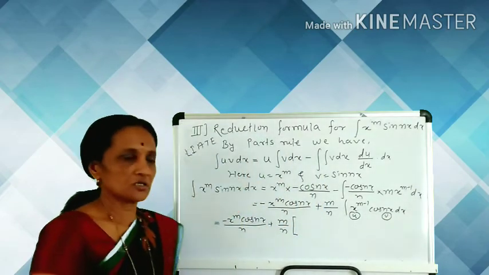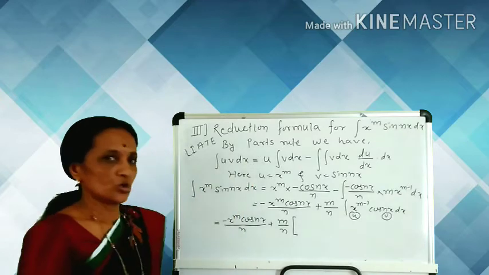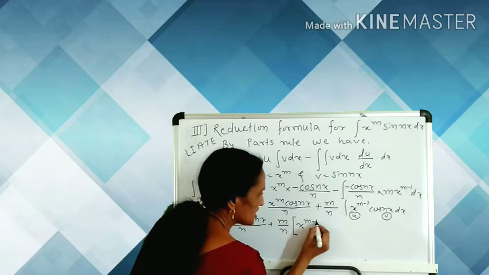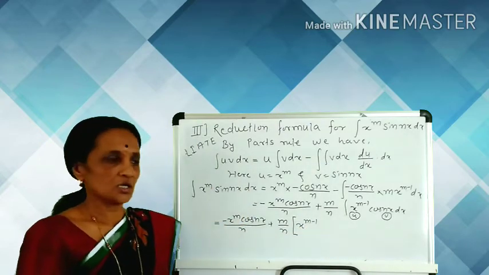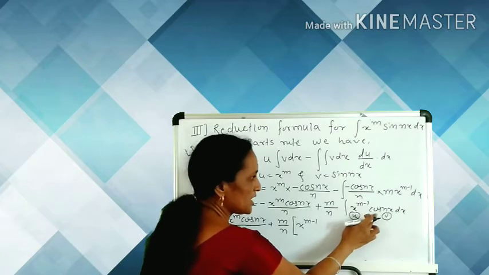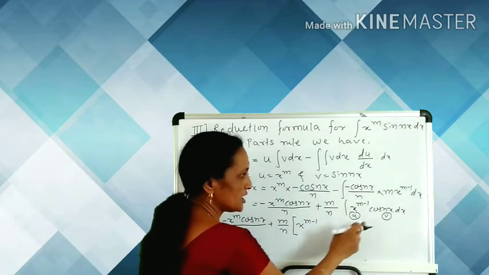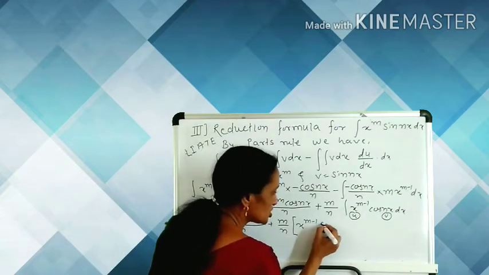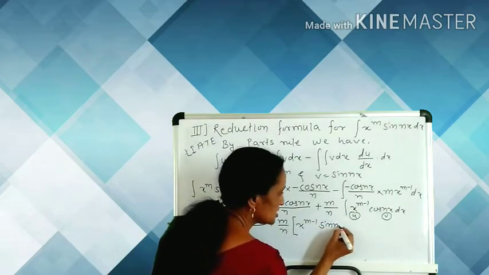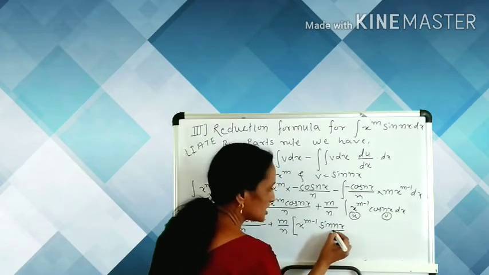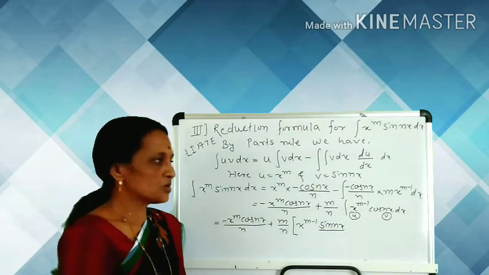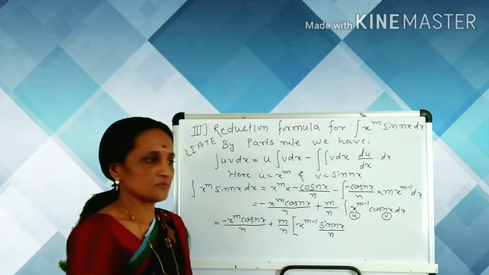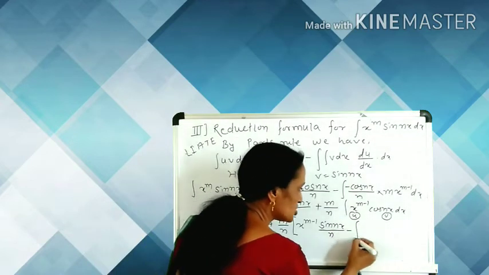Using this parts rule we write the integration: the first function x raised to the m minus 1 multiplied by integration of the second function, cos nx, and we know that integration of cosine function is the sine function, angle is the same, and here we also divide by the coefficient of x, n, minus integration of the